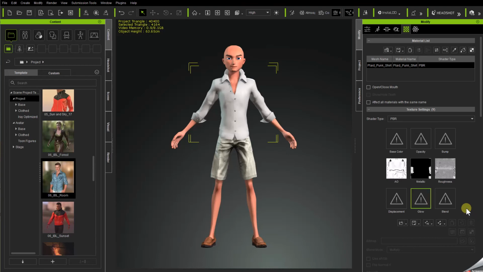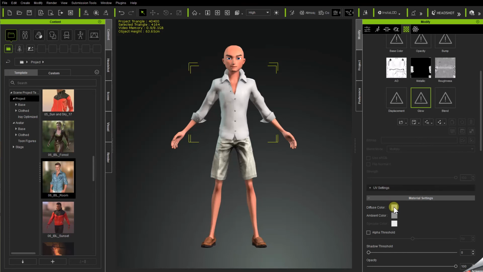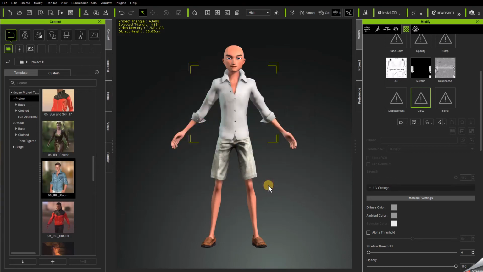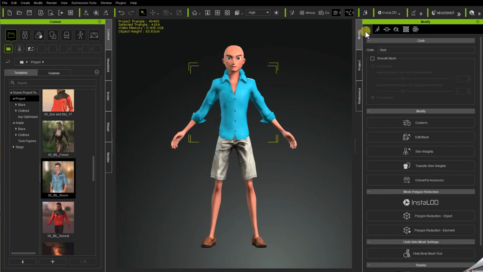Okay, so at this point, then I can come down and choose a color I want for that shirt. Let's choose a nice solid color for a cartoon shirt. Maybe make it a little brighter. All right, so that's already getting pretty close, but I think we can make it look a little more cartoony as well. And so I'm going to go back into the Attributes tab,